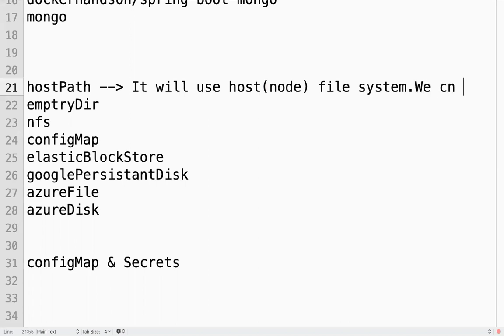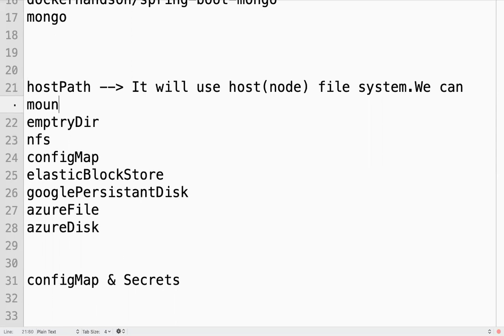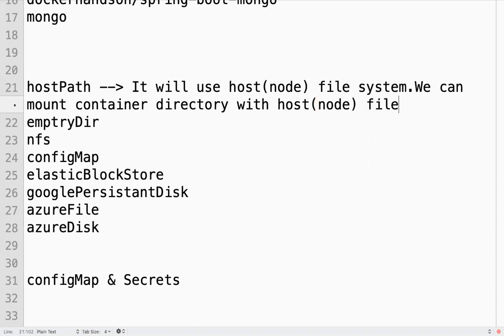We can mount a container directory with the host file system. So some directory in your host we can mount with the container. In Docker, we have a local volume. What is local volume?